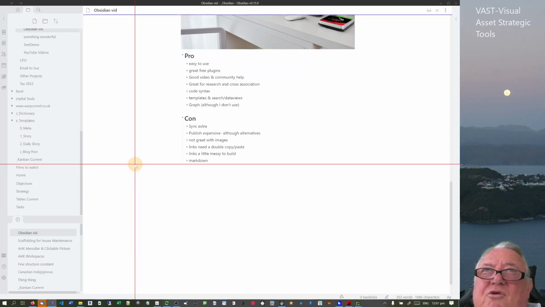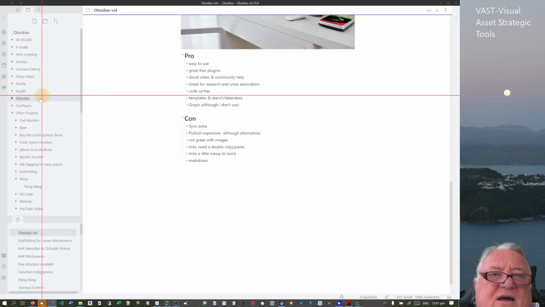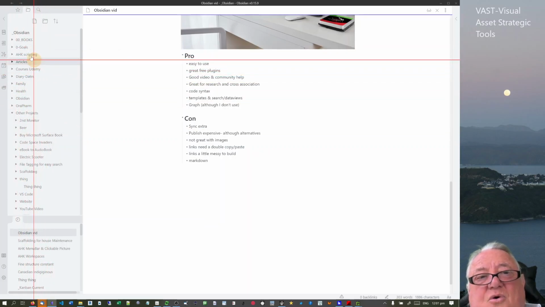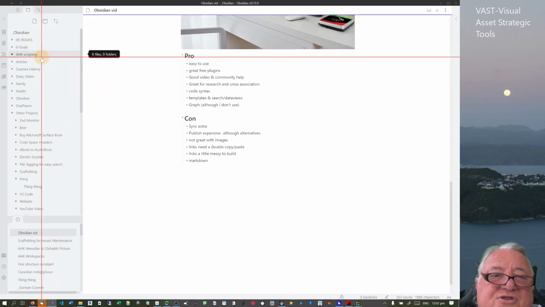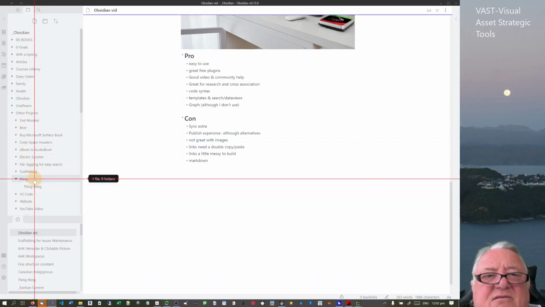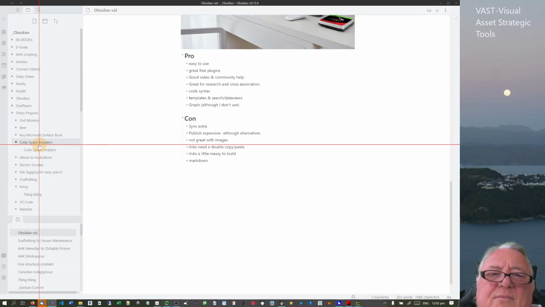And the fact is that I can just throw any idea on there. So as I said, I've got stuff on family, I've got stuff on health, I've got stuff on particular articles, which is just general. I've got some on courses, I've got some on books, I've got some on scripting, and at the moment I've got these other projects. They're sort of at the first stage. One of them is